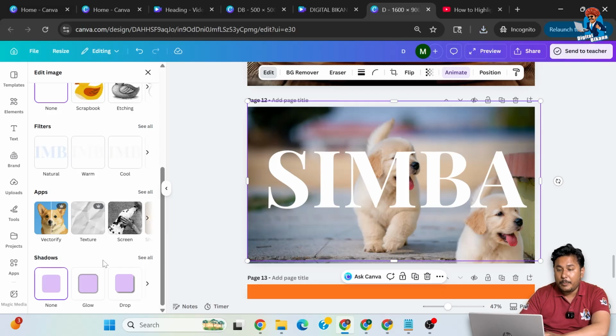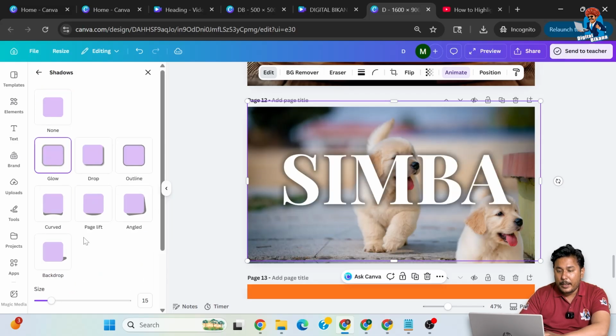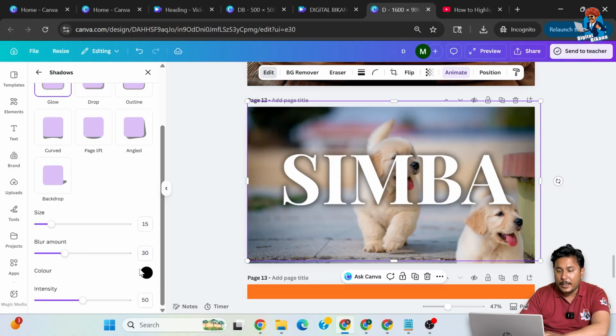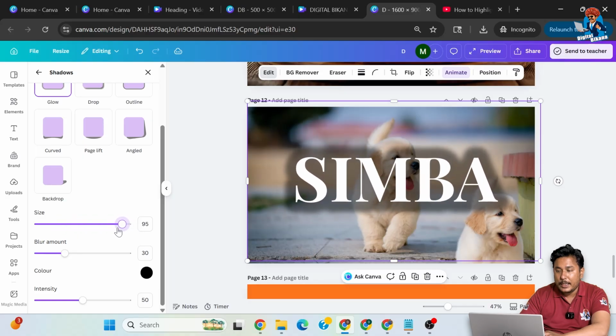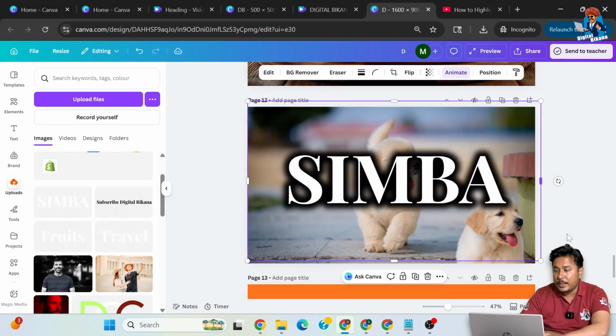So whatever the effect means, you can add the glowing effect, and here you can select the black color shade, and here you can increase the size, right? Whatever size you want for your shade, you can increase the intensity as well, right? So it's looking very nice, nicer than